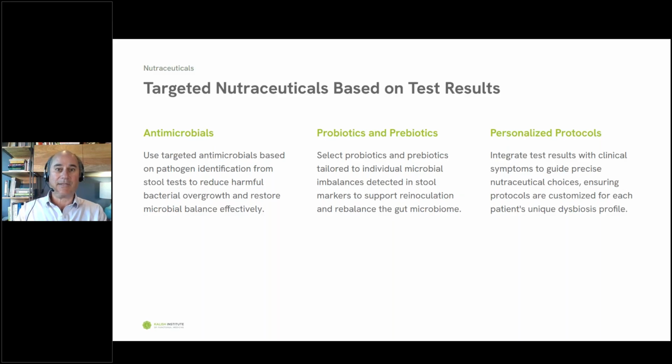Targeted nutrients based on test results. So we're going to think about, these are the things that you need to learn how to use. And there's probably 15 or 20 different GI products that you need to master. We're not going to obviously cover them all in like an hour here, but there's a finite number. There's antimicrobials, prebiotics, probiotics, and then there's stuff that you need like for the liver, for the stomach, for the pancreas. But just so you know, it's a finite short list of total products that you need to understand how to use.